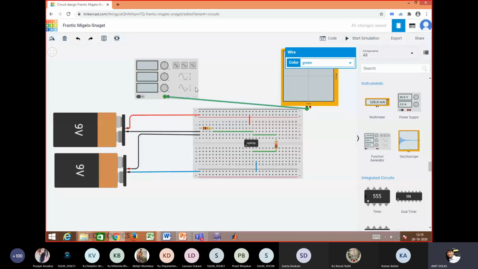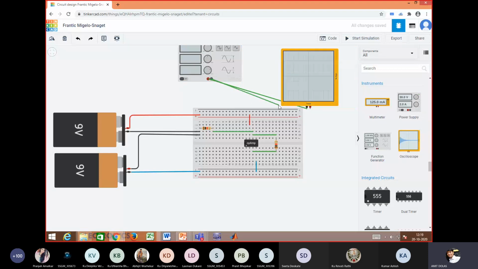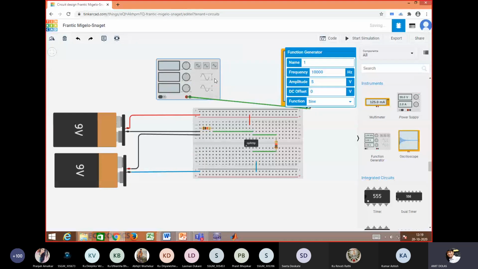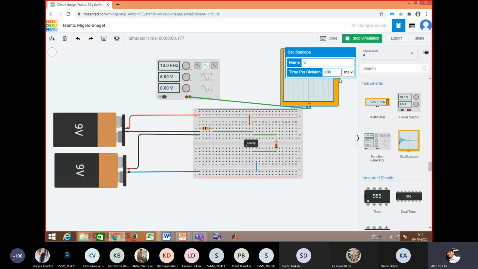I'm checking the waveforms only. Probe उल्टा लगा. This is positive, this one is positive, another is negative here. We'll start simulation and we'll check whether we are getting sinusoidal waveform or not.